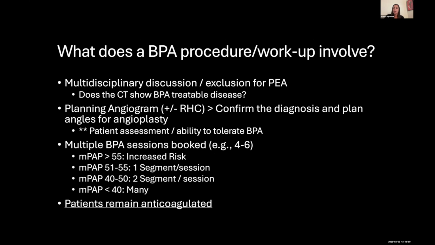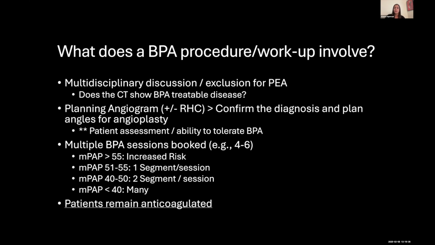So talking a little bit about balloon pulmonary angioplasty itself as a procedure and what the workup involves. Multidisciplinary teams are very involved in these patients, typically with a CTEPH clinic. These patients are discussed at multidisciplinary rounds. The CTs are reviewed to see if there's any BPA treatable disease, and exclude that the patients would go for surgery with a pulmonary endarterectomy. Then we bring the patients in for a pulmonary angiogram and a right heart catheterization to assess the pulmonary pressures. We want to confirm the diagnosis at this time, and plan for the angioplasty in the